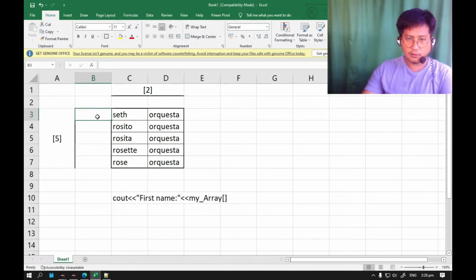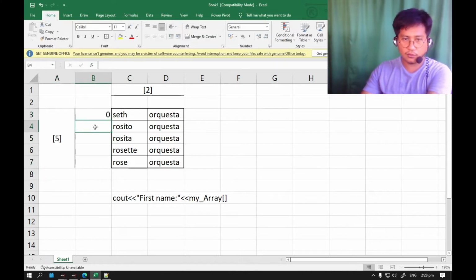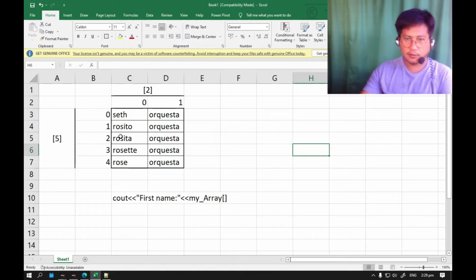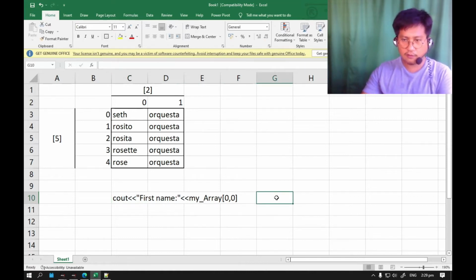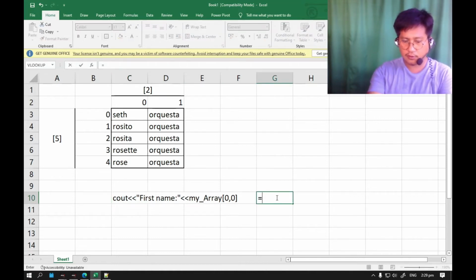Okay, so this is index 0, 1, 2, 3, 4. This is index 0 and 1. So now we are going to use these numbers here and these numbers here. So in here we have my array 0 and 0. This will give us a result of first name